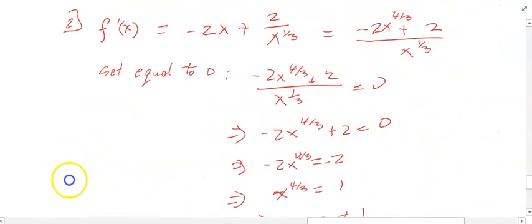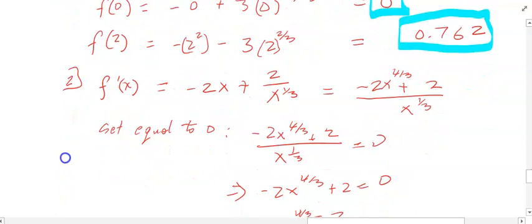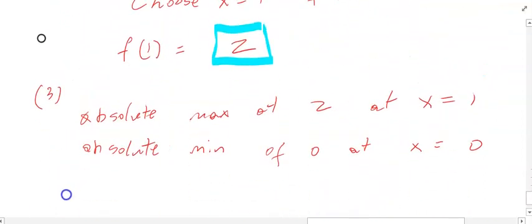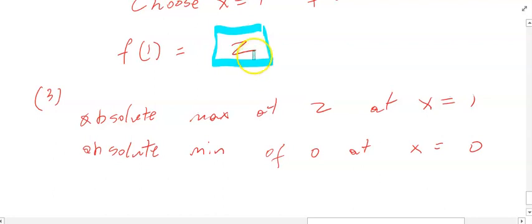So we're comparing 2, we're comparing 0 and 0.762, and to say which of these is the highest. So since we know that 2 is the highest, that means our absolute maximum will be 2, right? Or if you want to write y equals 2 or f of x equals 2, that's fine, okay? But that value is 2, right? When x equals 1,